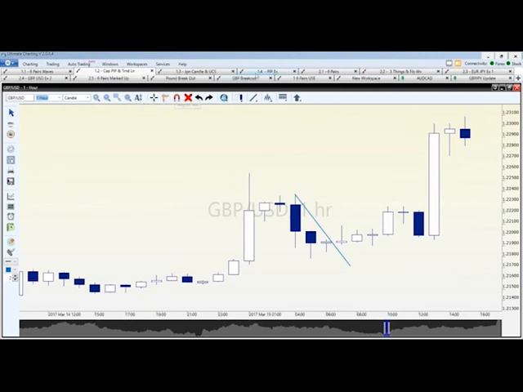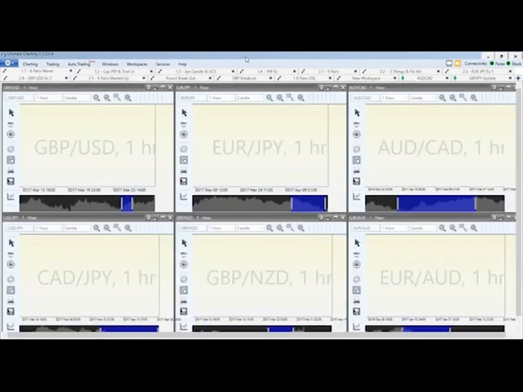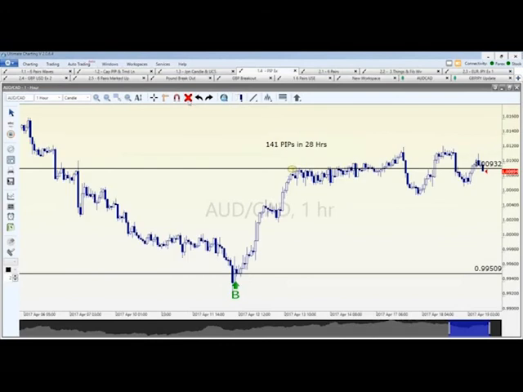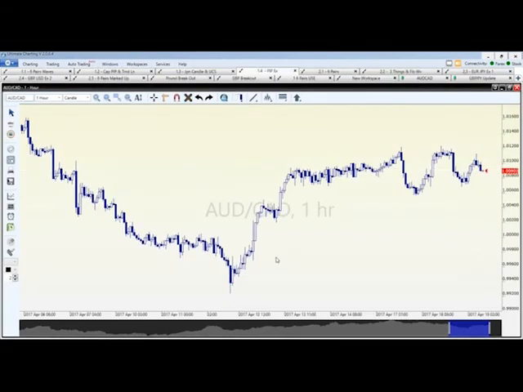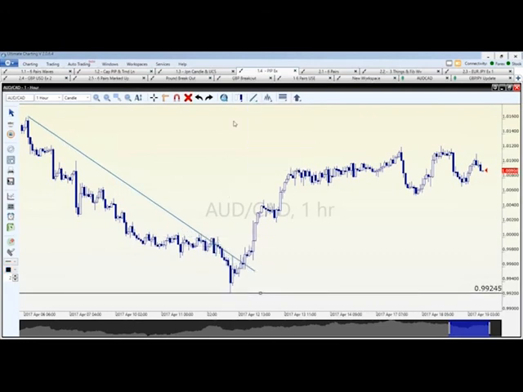So let me just show you an example. I think I'm going to look at the Australian dollar, Canadian dollar, because this is something that I found earlier before. After a while, you get a habit of knowing what's out there and you start to take a look at it. So now I'm going to go through in a little bit and explain the strategies of how we found this, but just bear with me right now. I want to show you an example. So we see right here, you can probably see that this went down, and then if you look at it, a secondary trend line, we can see that a lot of neat things have happened, and we broke this trend line and we have a reversal. So I'm just going to get rid of that.